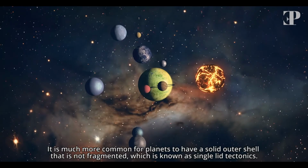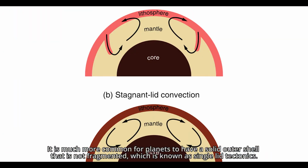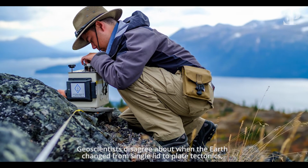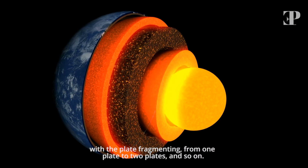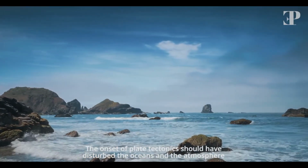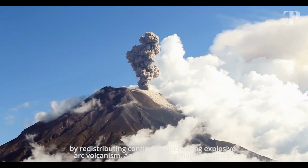It is much more common for planets to have a solid outer shell that is not fragmented, which is known as a single lid tectonics. Geoscientists disagree about when the Earth changed from single lid to plate tectonics, with the plate fragmenting from one plate to two plates and so on. The onset of plate tectonics should have disturbed the oceans and the atmosphere by redistributing continents, increasing explosive arc volcanism,